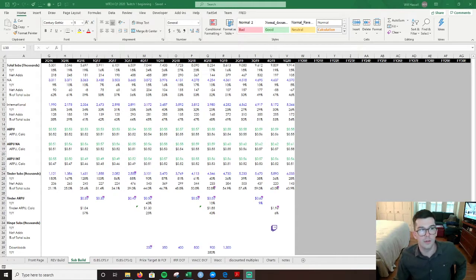Model build of Match Group, or Match.com. I'm going to start this model from scratch. All I've done so far is put in my historicals. I don't know if you saw the previous one that we did last week of